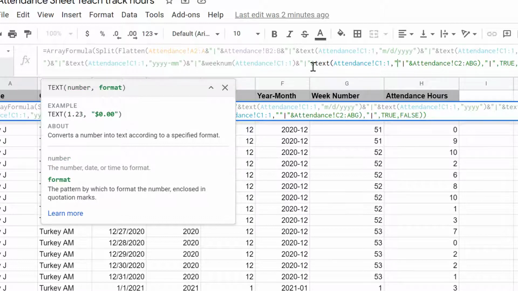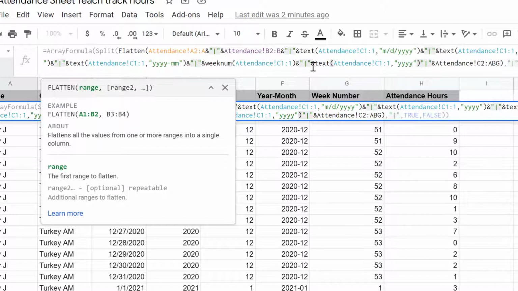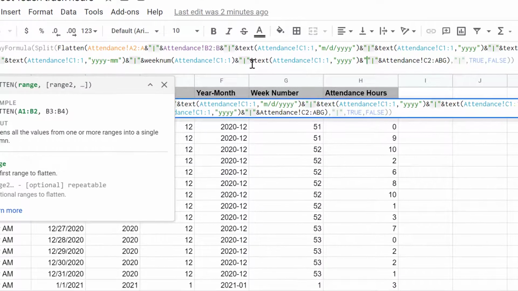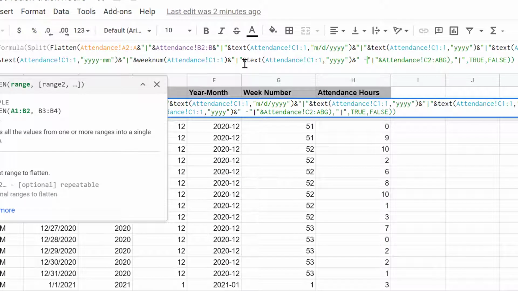We're just going to do quotation y, quotation, close parentheses, ampersand, quotation, space, dash, space, quotation, ampersand,